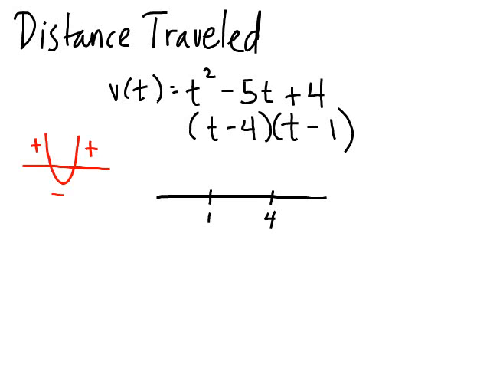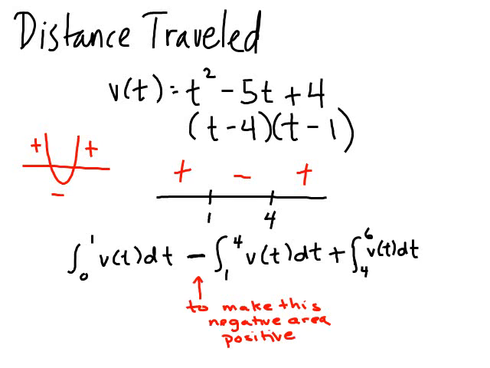Using my knowledge of the graph of the velocity, I know that the velocity will be positive to the left of 1 and to the right of 4, and negative between 1 and 4. If I simply found the integral of the velocity from 0 to 6, the area between 1 and 4 would evaluate as a negative. To make sure the backwards displacement contributes positively to the distance traveled, I'll subtract that part